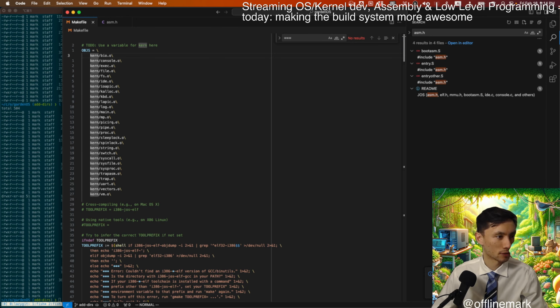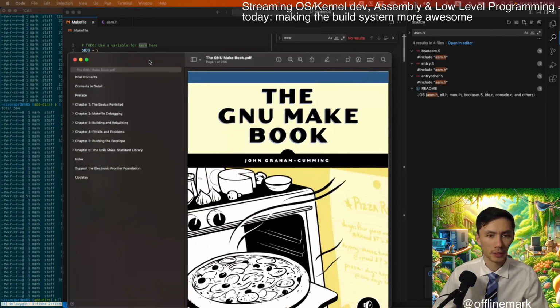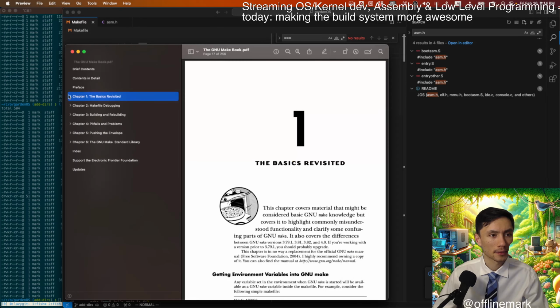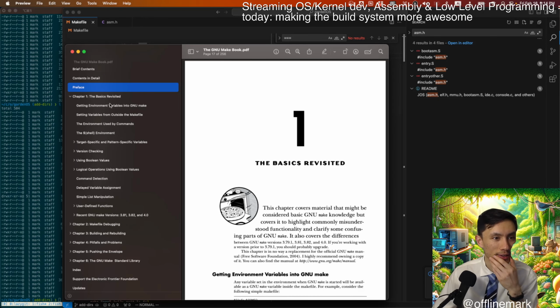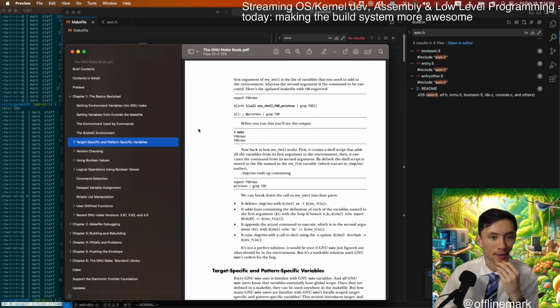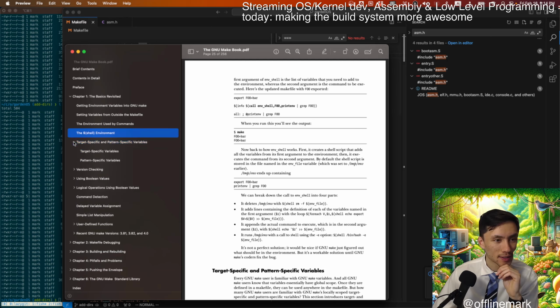So I'm just going to quickly bring up my GNU make book. Maybe target specific variables.